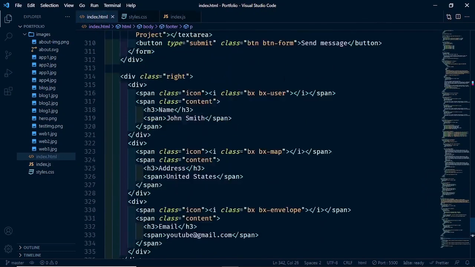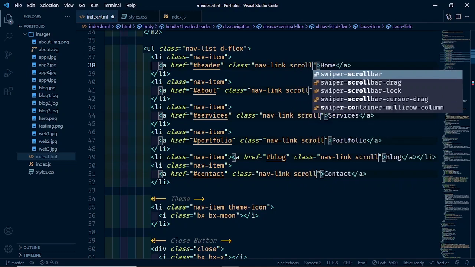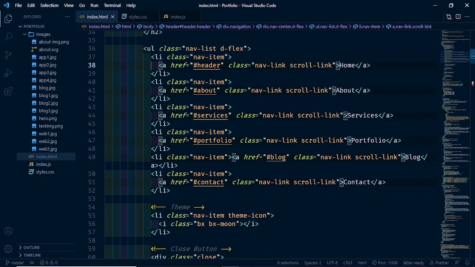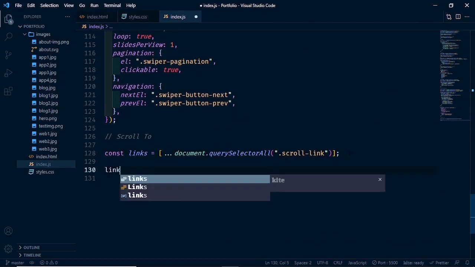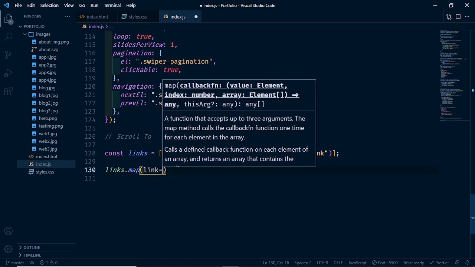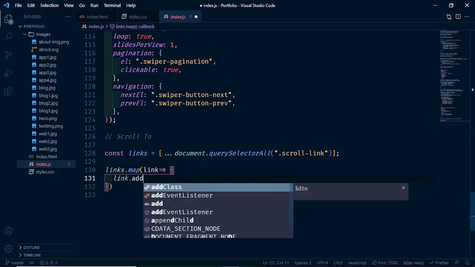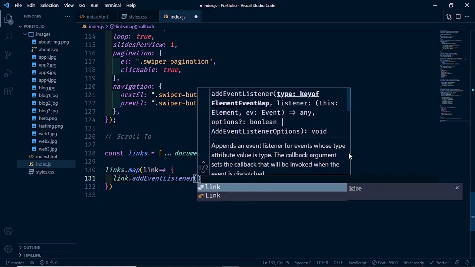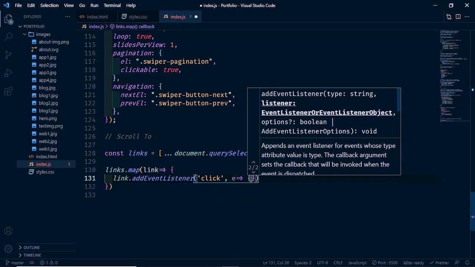So let's go to our HTML and set the class. With our links, hold Alt and click, now hit space. Let's write scroll link. Let's head back to our JavaScript and select all the links. We are going to map through them. Say link. Here, let's add event listener to the link. We want a click event, and let's